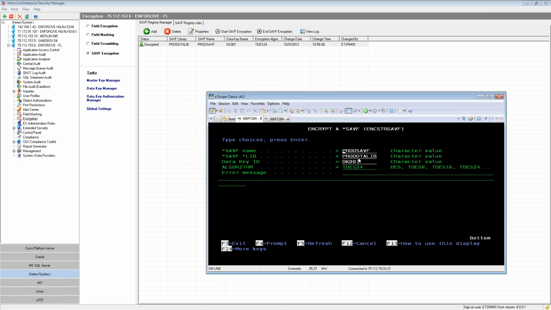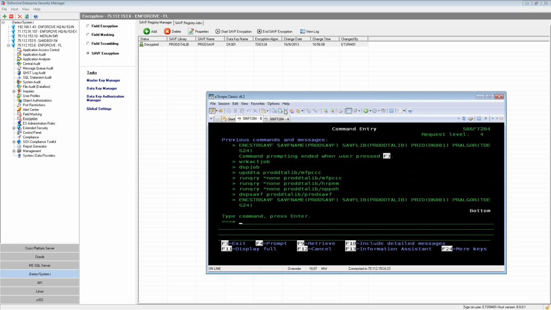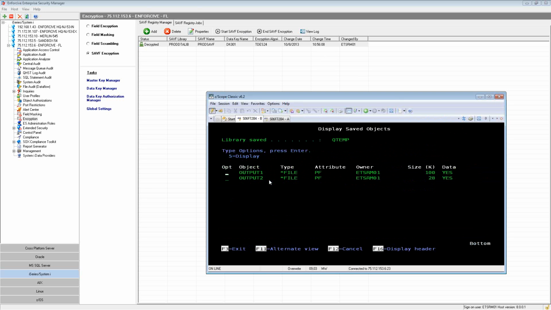So here's the name of the save file, the name of the library, what data key, and then what algorithm you want to use. So you have access to all of them. So if you wanted it to be different than what's on the screen, that's fine. It's going to encrypt it at that time. As long as you have the right data key, you're good. All right, so I'm going to run that